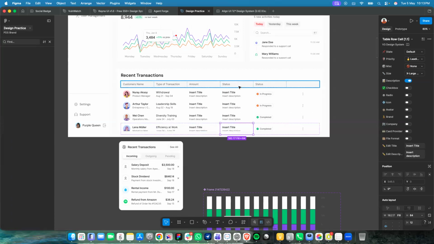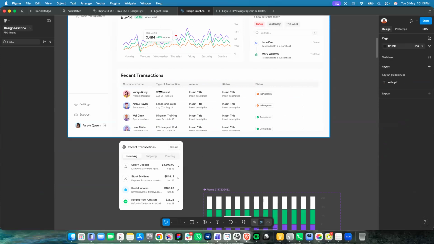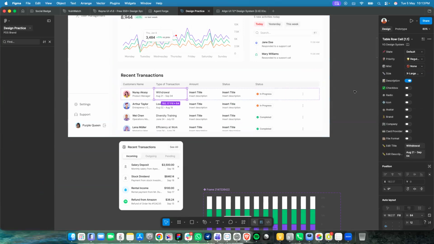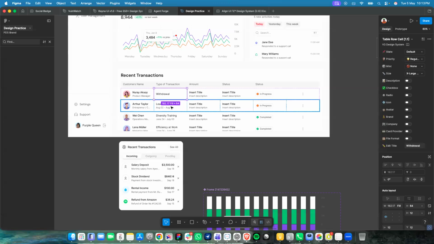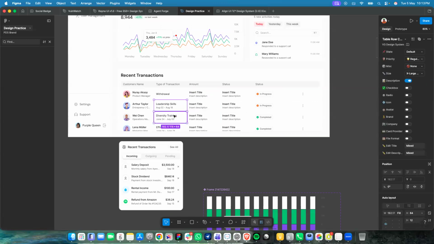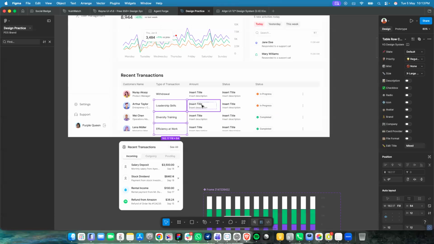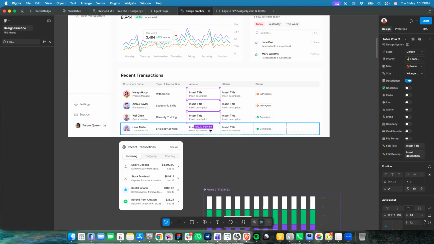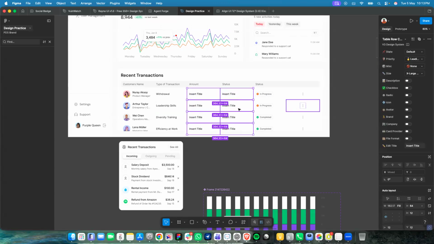So they're all aligned now. So now we have withdrawals, right? And I need to hide the description. So for this one, I'll be turning off the descriptions, right? For amounts too, I'll just turn off description of all. So yeah,